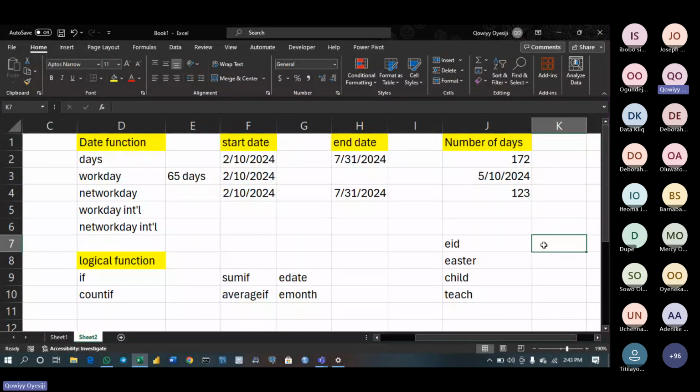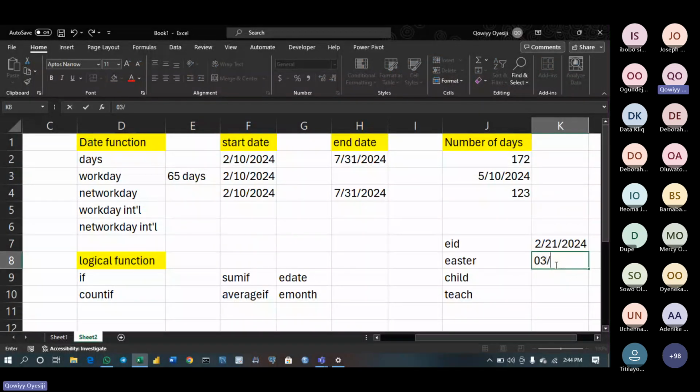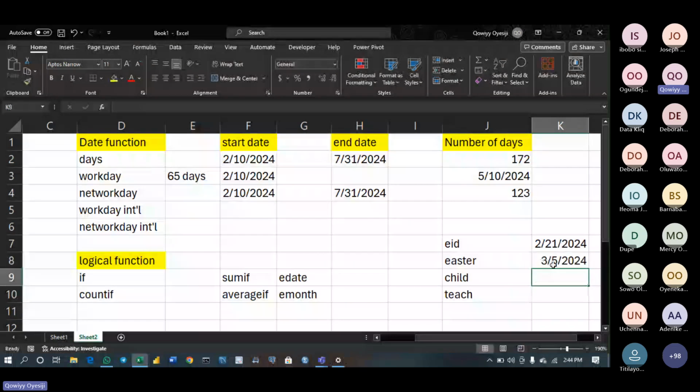I'm trying to check a date that will fall on what. Let me assume this one is going to fall on February this coming year, just for argument's sake only. 02/21/2024. It falls on a workday. Then let me assume this Easter falls on, let me see, March 5. That is on Tuesday, 2024. Then let me say Children's Day falls on 15th of March or so. 05/03/2024. Then let me say my Teachers' Day falls on the 16th, Tuesday. Let me say 18th of April is